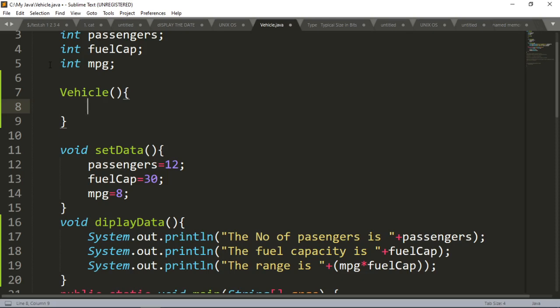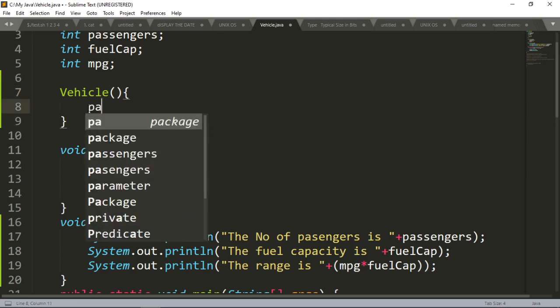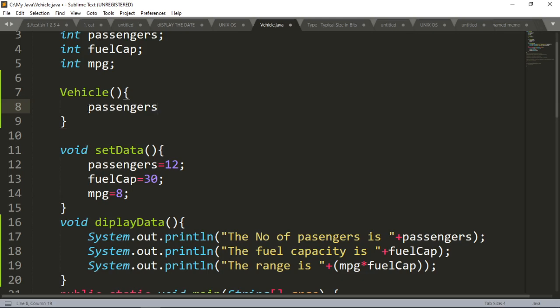So Vehicle, and then after writing the constructor, this is the body of the constructor, and inside this body you can set the variables.